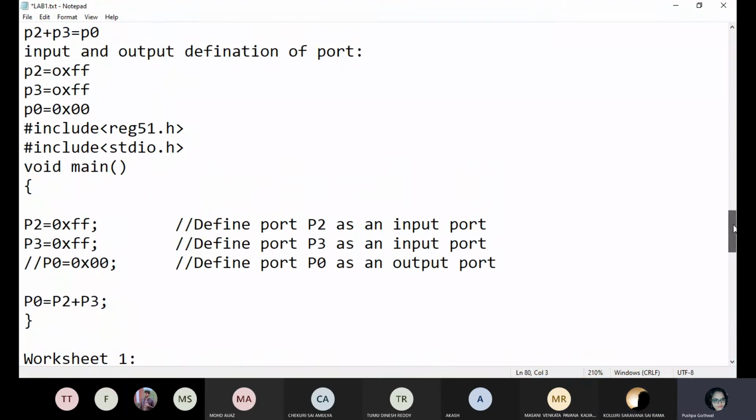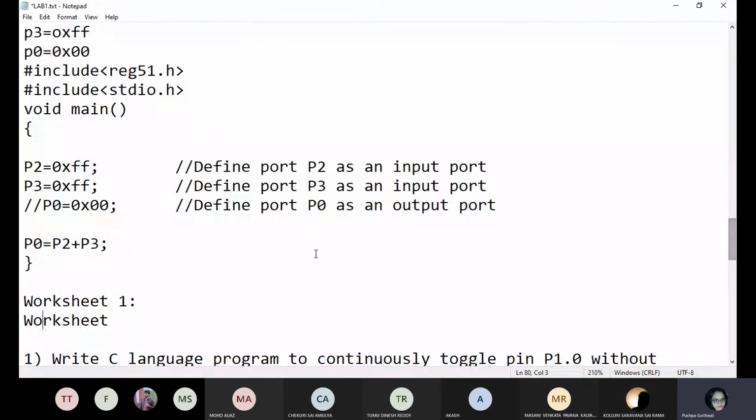Okay, so this is a very simple code which you can implement. If I say subtraction, inside this code you just have to change this symbol. If I say multiplication, you just have to write this star. If I say divide, you can just change this particular symbol. Okay, so in that way you can perform the operations. So this is basically port addition.